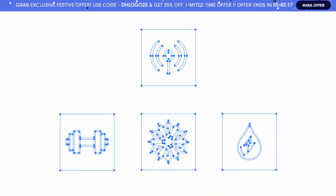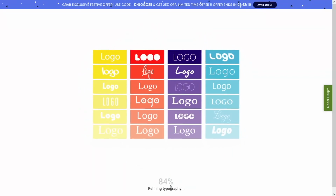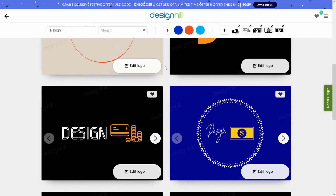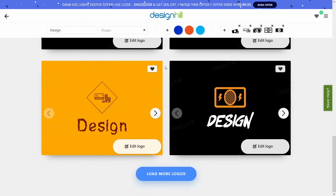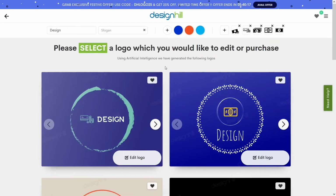And as you can see, this will start up right now, and in a matter of minutes, you will get your fully professional logo done by these guys. And just take a look how many of these you get. If you had to create something like this in Photoshop or Canva, it would take hours to draw up this logo, get this text, and put this together. This tool literally did this in a few seconds,